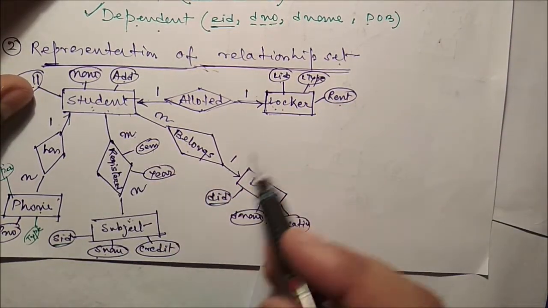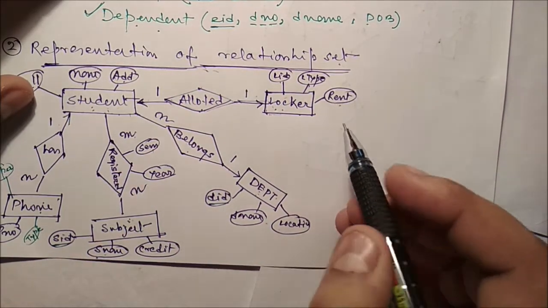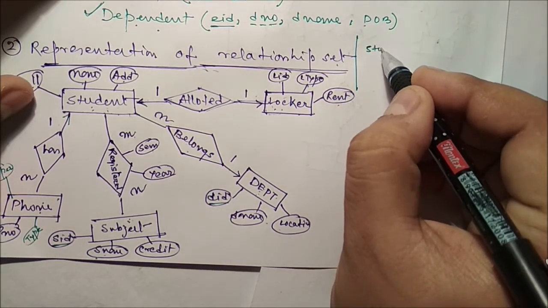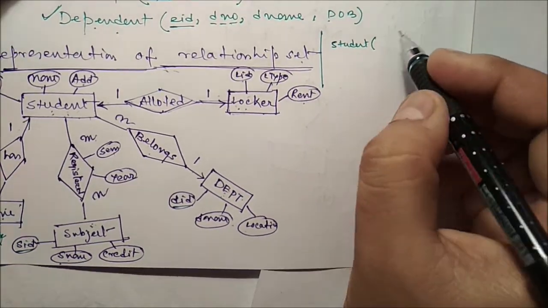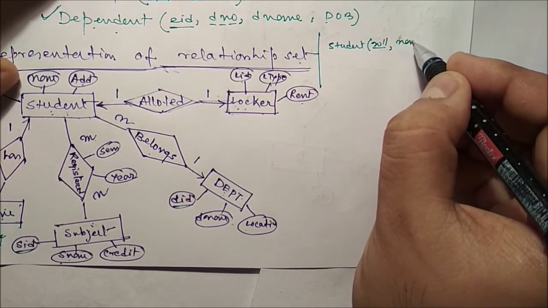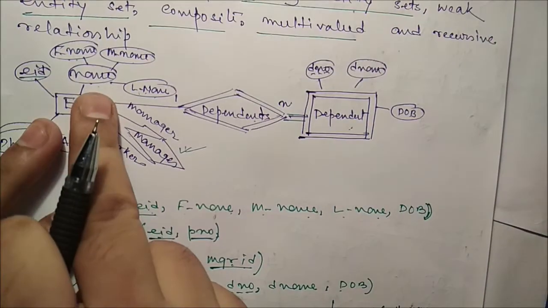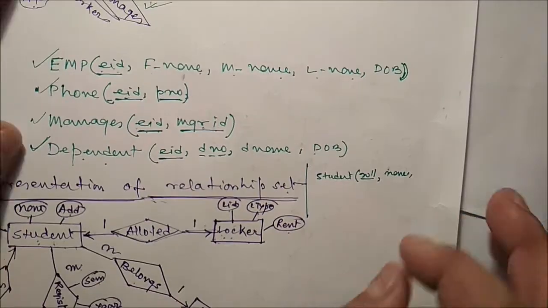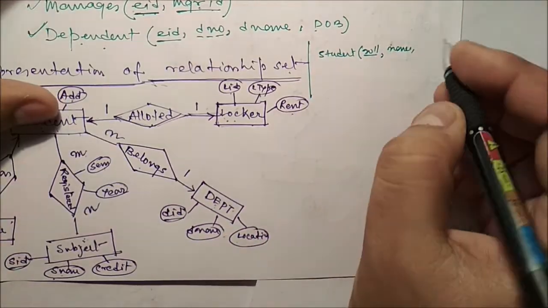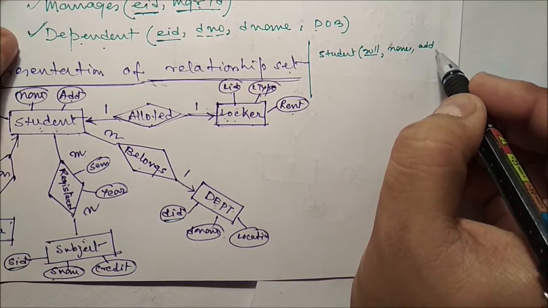So first of all, we just see the entities. So 1, 2, 3, 4, 5 entities are there. First of all, the first entity is what? It is a student. So for student, the attributes should be what? Roll number should be the primary key. Here you have to put the name, and assume it is a simple, single attribute. Here it is not a composite attribute like this one. And here, address is there, and it is assumed it is also single and simple. Now are you getting this one? So three attributes are there.